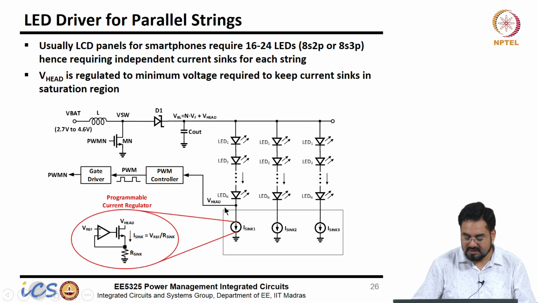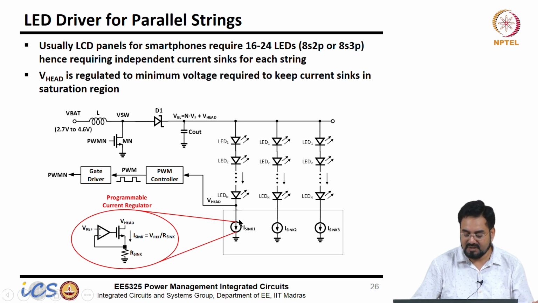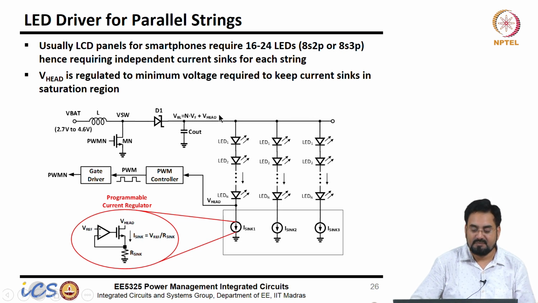But now you may ask why this V head feedback is required, when we already have a feedback here. The reason is, still this voltage required is very high. So how do we know what voltage to regulate at? One brute force way is that if you know what V head is required here, you can add up all the LEDs you require, and then you know what voltage is required from this formula. But that may change actually.